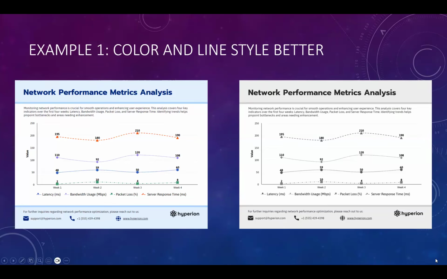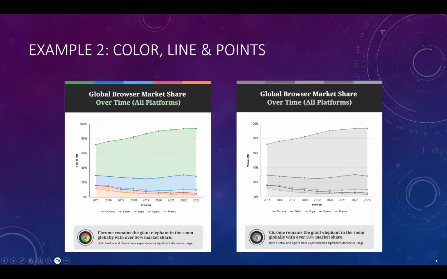All right, let's go to the next. Oops, gave away the game. Okay, so this is a very similar but different type of graph. Again, if you look at this through grayscale, how challenging is it to really understand which line is which? They all look the same to me, and I'm right on top of it. So we have those challenges there. All the backgrounds are basically the same.